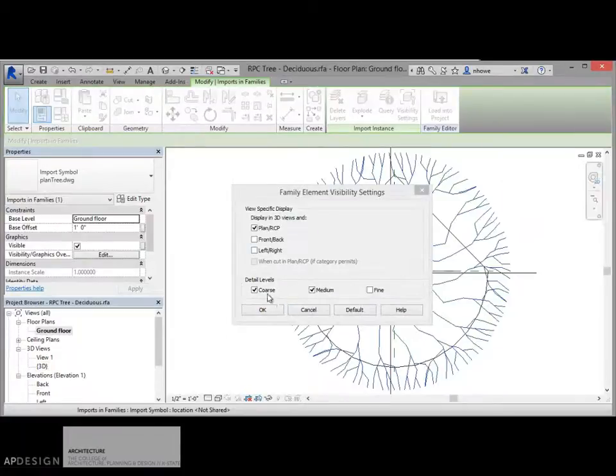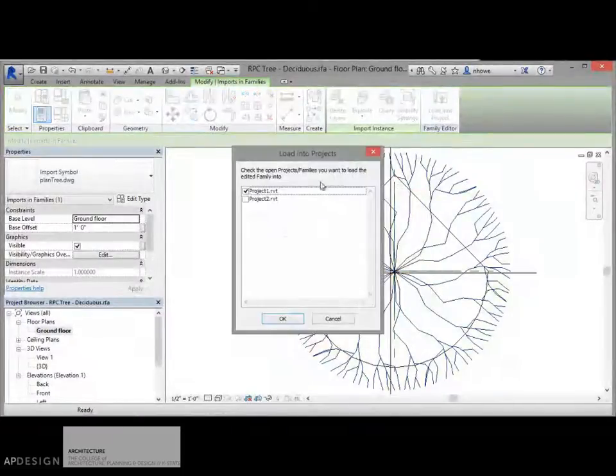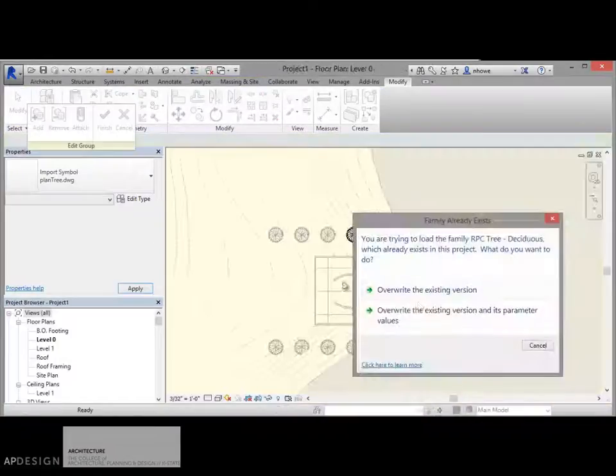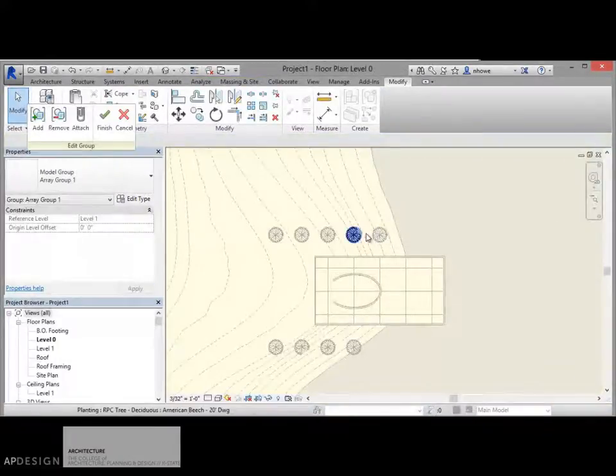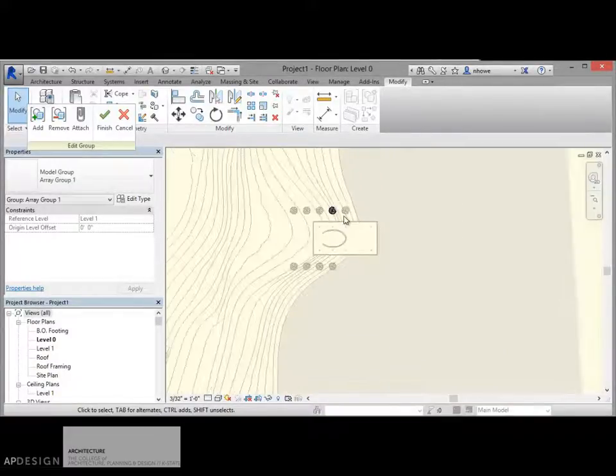I think the only thing I'm going to be able to do is maybe turn it off on medium. So when I want to see it in plan, I might have to have it in coarse mode. We'll see if that works. Seems like a little strange workaround, but we'll kind of gauge that here in a second. Okay, so